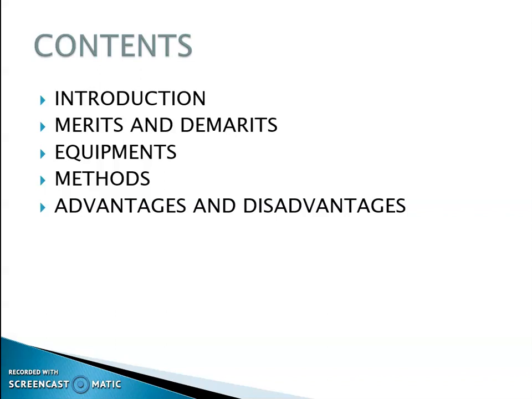Generally, surveying is the art of determining the relative position on the surface of the earth. Before starting any type of construction work, we have to make the survey. Survey involves measuring different horizontal distances, vertical distances, horizontal angles, vertical angles, etc. There are different types of surveying, different types of practicals, such as chain surveying, compass surveying, dumpy level, etc. Today we are going to cover plane table survey.